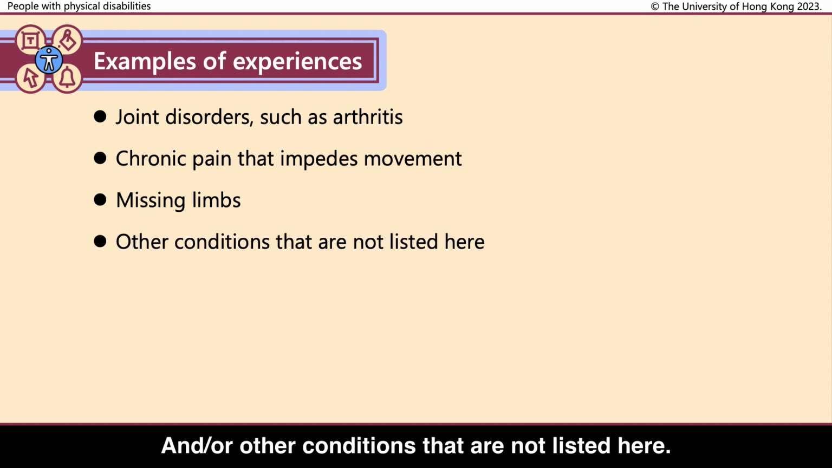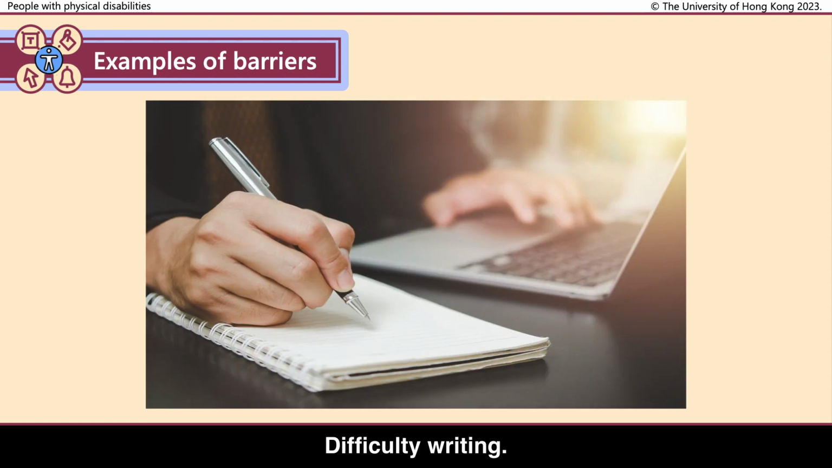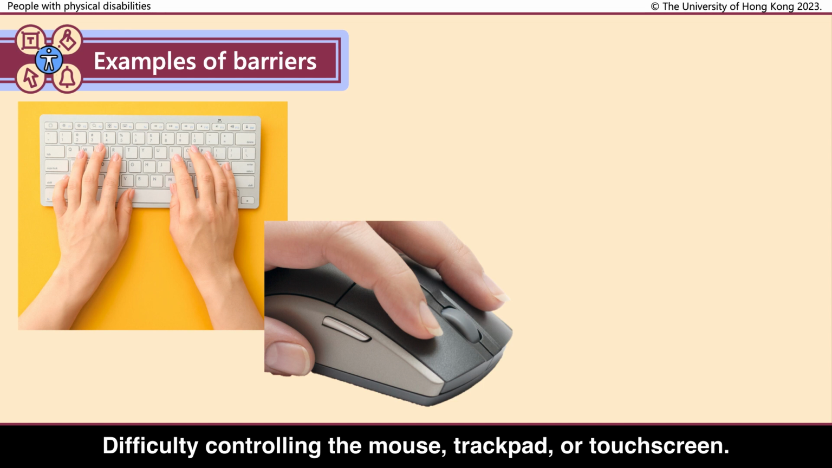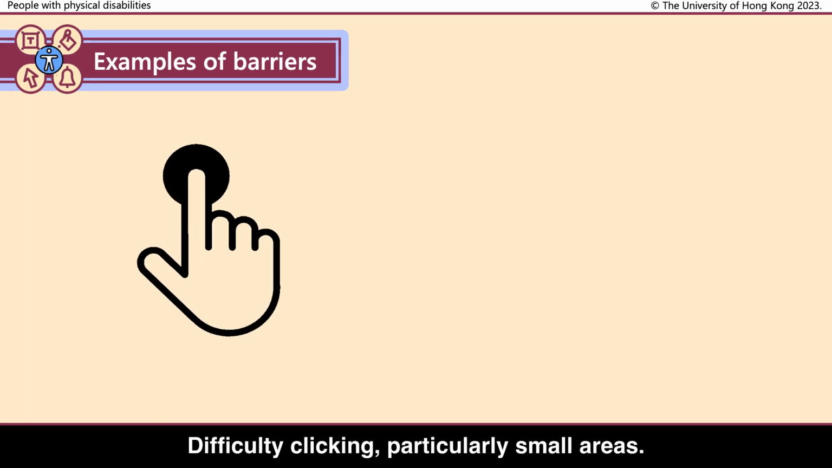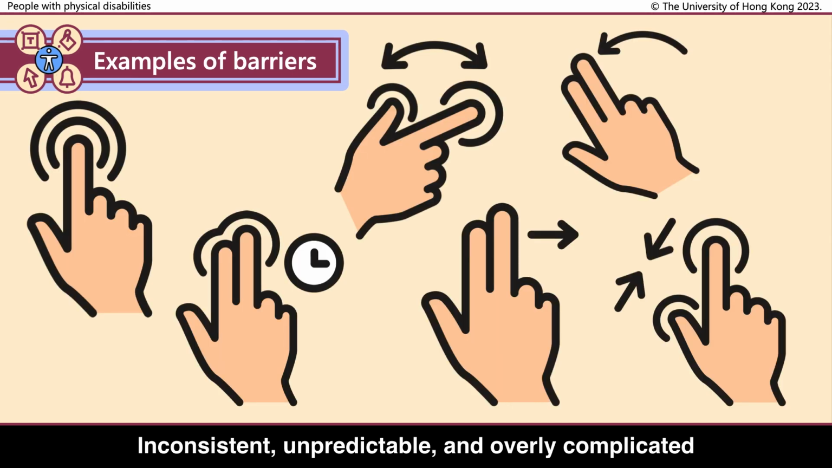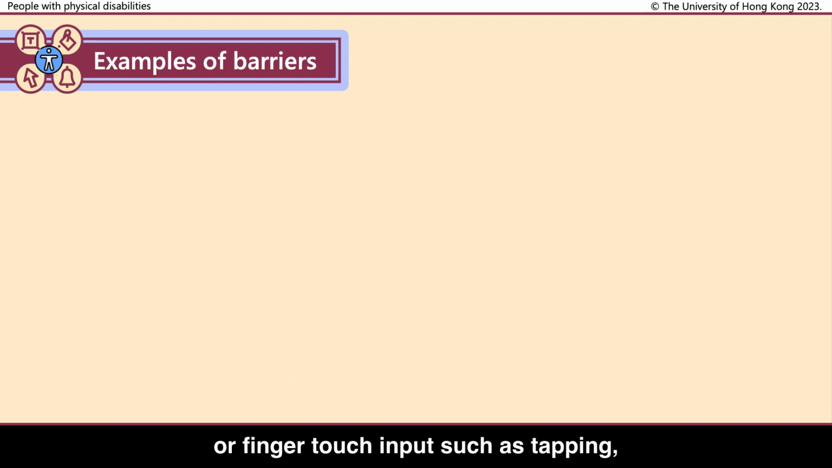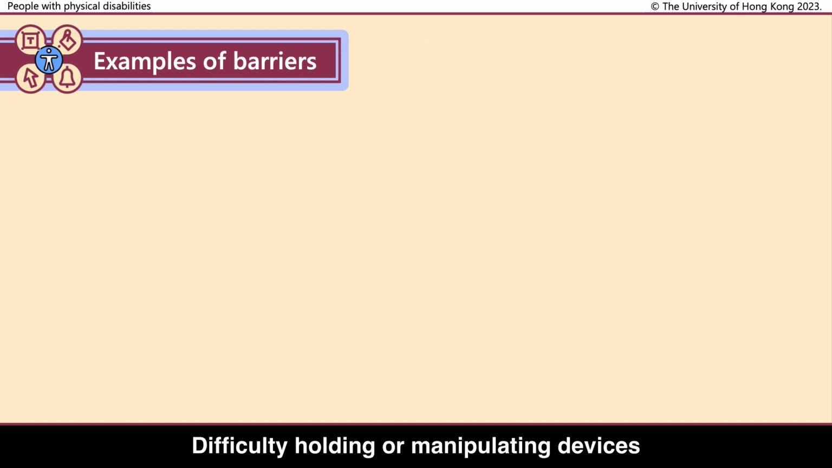not listed here. Examples of barriers related to virtual teaching and learning include the following: difficulty writing, difficulty typing, difficulty controlling the mouse, trackpad, or touchscreen, difficulty clicking, particularly small areas, inconsistent, unpredictable, and overly complicated navigation mechanisms and page functions that might require complicated control or finger touch input such as tapping, pressing and dragging, swiping, and pinching,